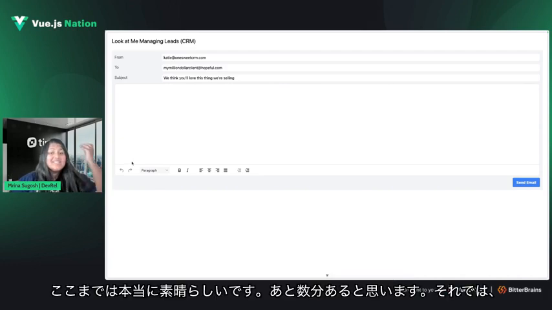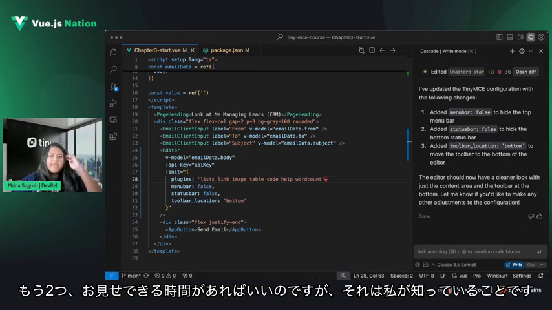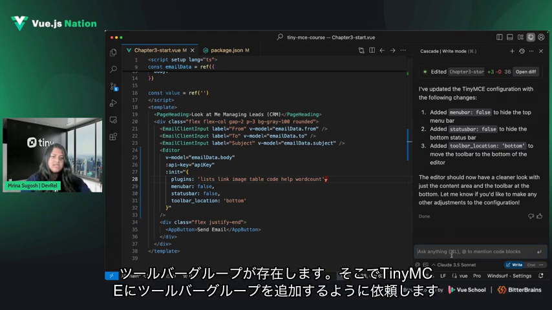All right, this is really cool so far. How many? I believe I have a few more minutes. So what I'm gonna do is actually go back to this editor, and this is all cool and great, but I would like it to do two more things that hopefully I have time to show you, which is I know that toolbar groups exist. So I'm gonna ask it to